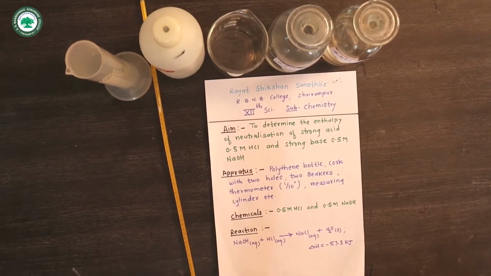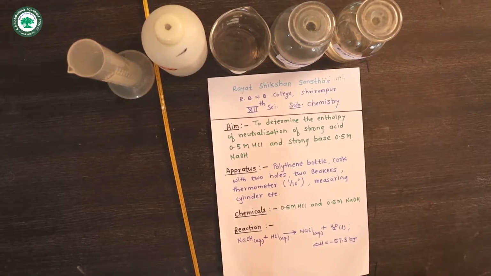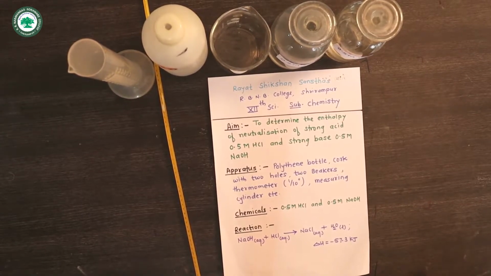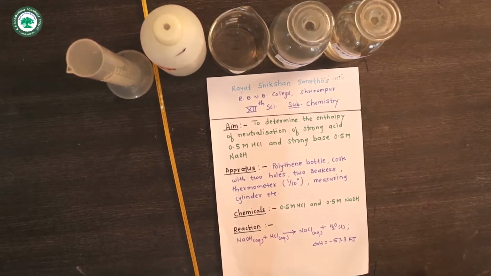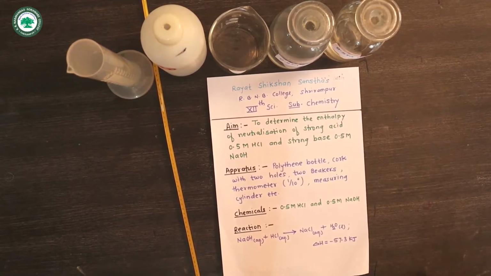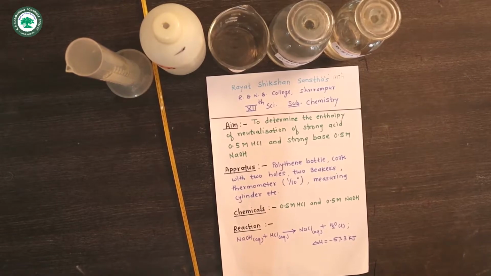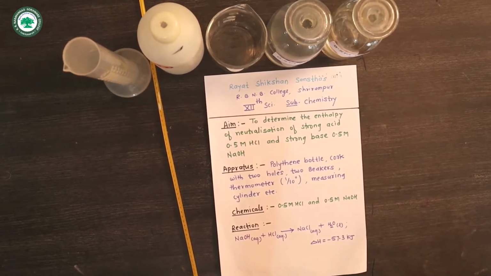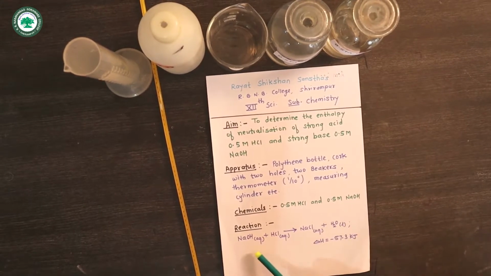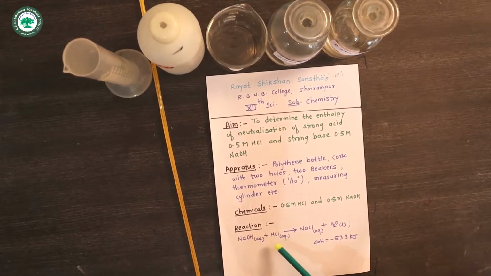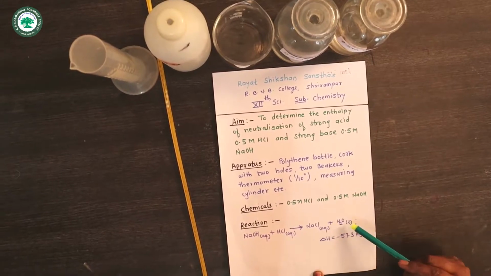Here NaOH and HCl are a strong base and a strong acid respectively, and we have taken their aqueous solutions, and one important thing is that their molarities are also the same. And we know what the neutralization reaction is: the reaction in which a strong base and a strong acid, when mixed together, form their salt and water. In this reaction, NaOH aqueous plus HCl aqueous gives their salt NaCl in aqueous form and water.